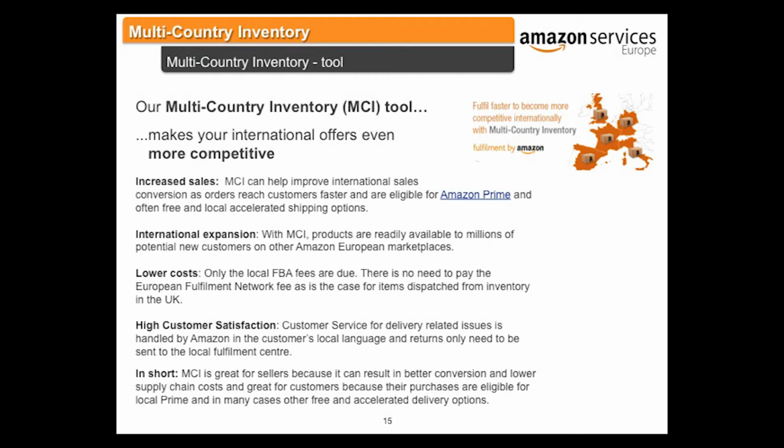Multi-Country Inventory, MCI, is a new Fulfillment by Amazon, FBA, program aimed at making international offers more competitive and helping sellers grow their international sales at a lower cost. Sellers can take advantage of MCI even if they do not use FBA on their home marketplace. MCI is designed for sellers who use their local Amazon European Marketplaces account to sell on all or some of Amazon's other EU marketplaces. With MCI,